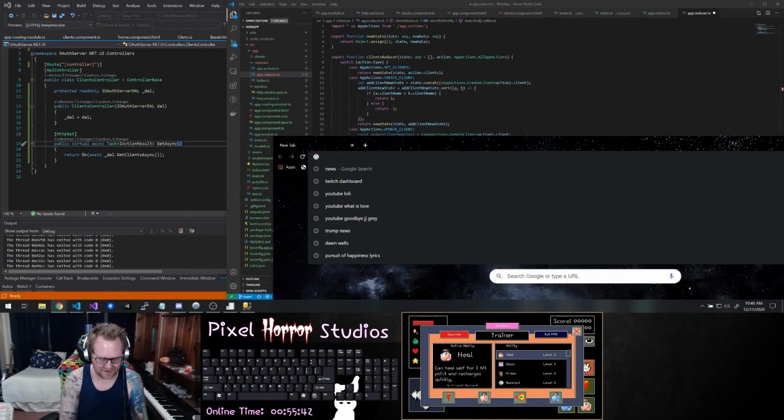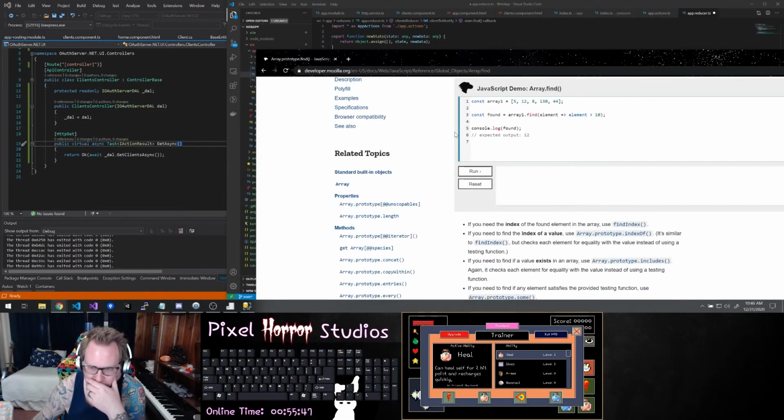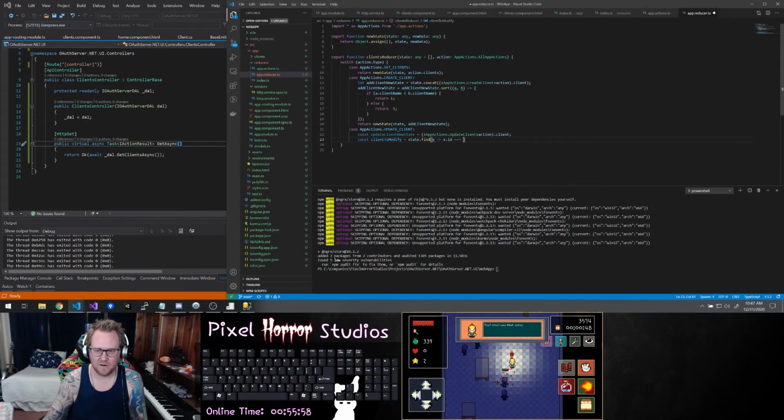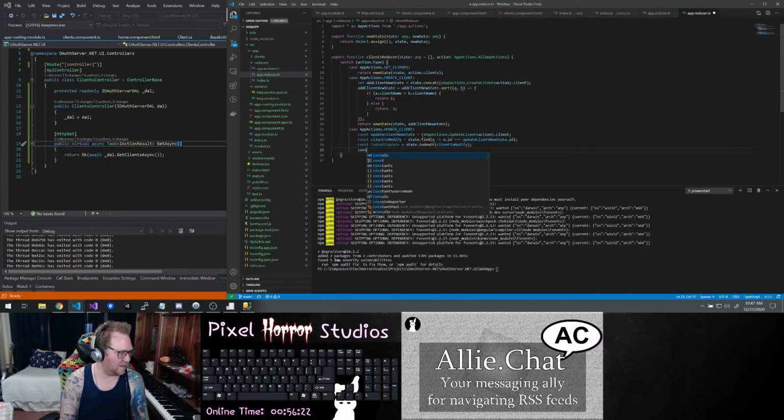Let me look at here a JavaScript find example. Yeah. So it's this equals my update client new state.id. And then I want to get my index of update equals my state.indexOf client to modify. And then I want to do a const for my